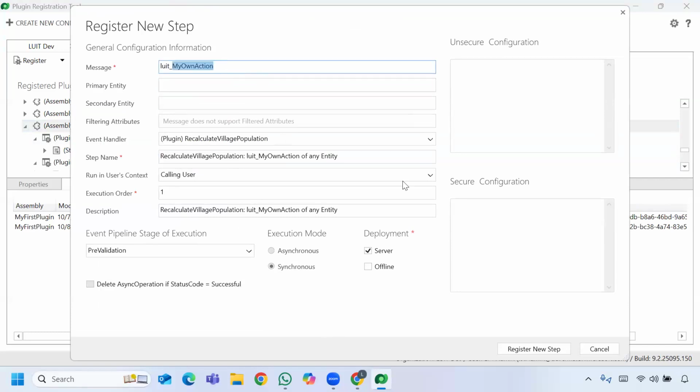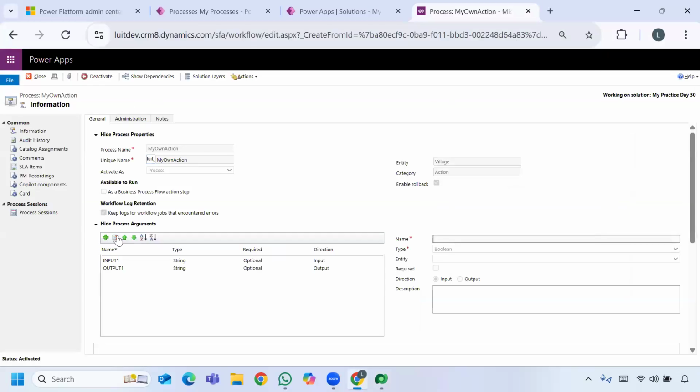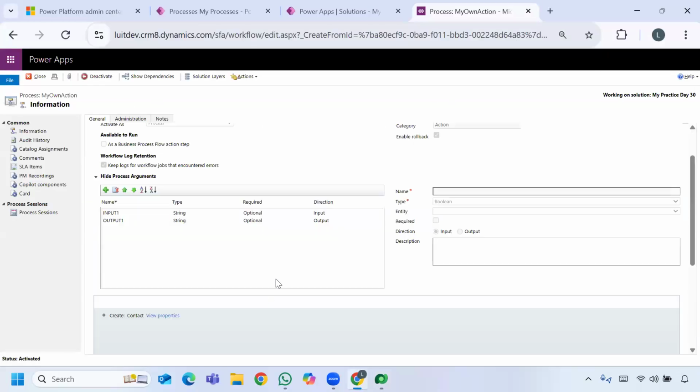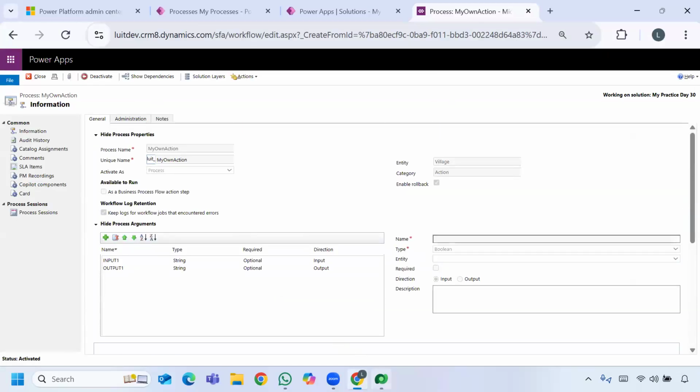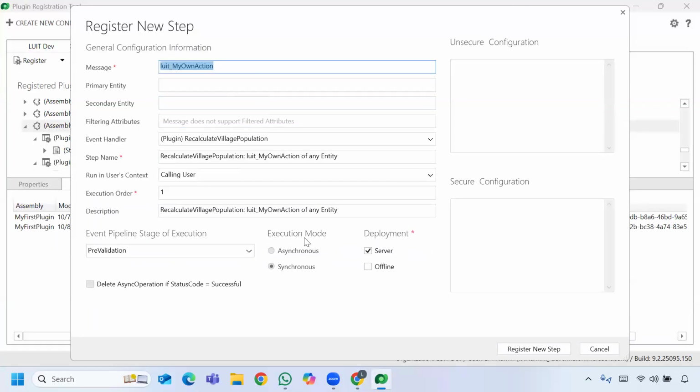So now what will happen? Whenever this action happens, whether you trigger it from a plugin, from Power Automate, or from JavaScript, whatever steps you have in the process will execute. Okay. Now in the plugin registration tool, you can see the same thing. I will try to invoke it from my